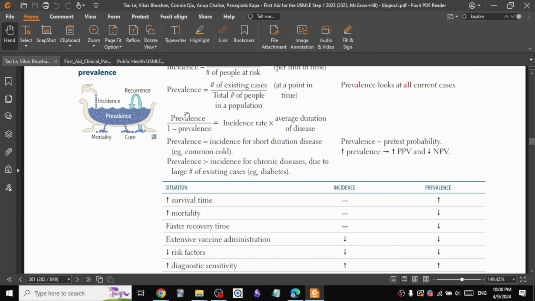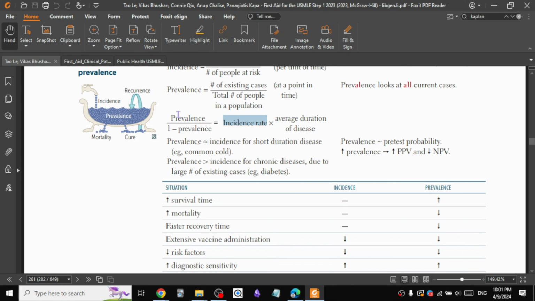So this is basically the odds, and I'm converting it into a ratio, right? You see the rate indicates the odds, and I'm converting it into a ratio. Okay, so this will help you now. The reason I went through all the odds and the probability is so this whole formula can easily make sense to you now, right? So the incidence rate, you see the rate over here, times the average duration of the